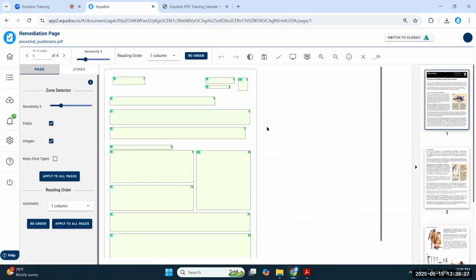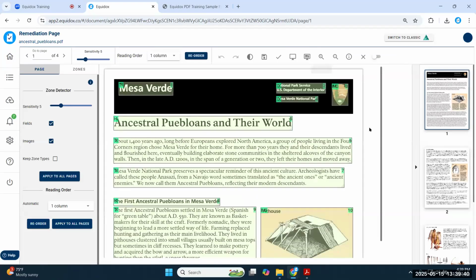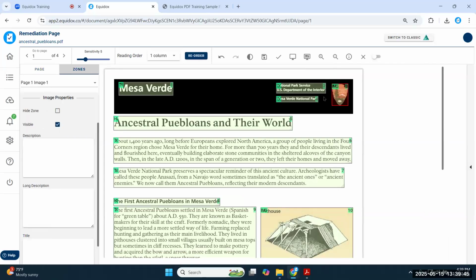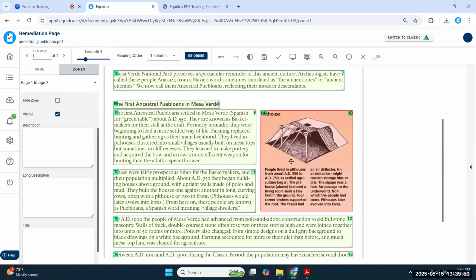In this document, or if you want to go to the page, of course, we've already talked about the images checkbox, turning them on and off. Or if you want to artifact one at a time, you can just click on it and hit backspace. This image is interesting because it actually has text inside of it. So this is something that you might come across from time to time, just to make everyone aware of how this works. Instead of me sitting here trying to retype all of this information that the author has already written, but it just happens to be trapped inside of an image, there's no way for a screen reader to penetrate this image and extract that text.